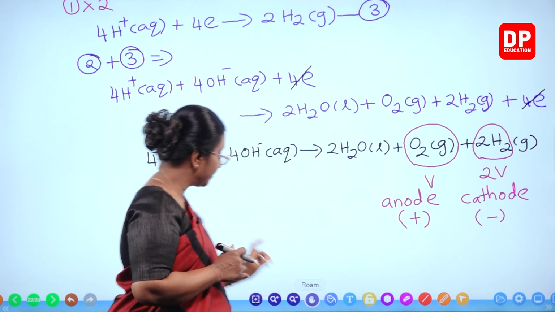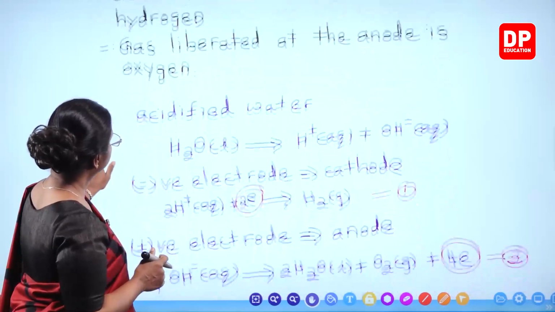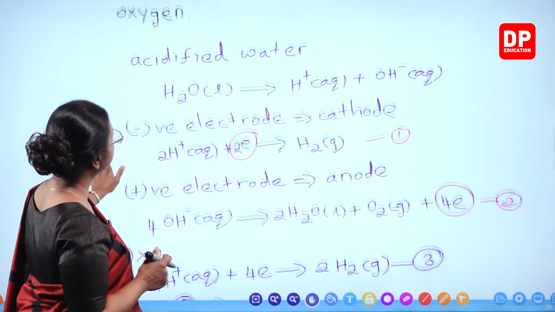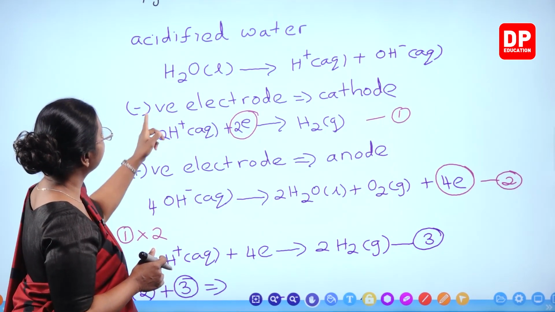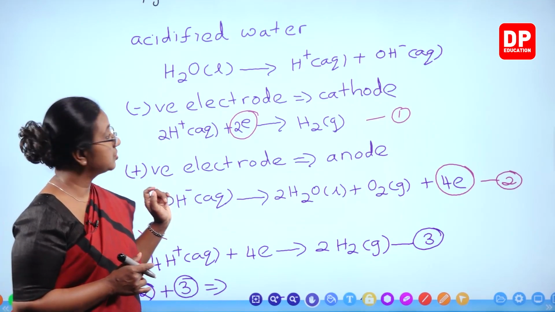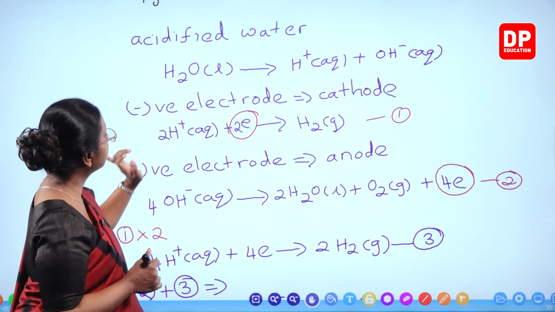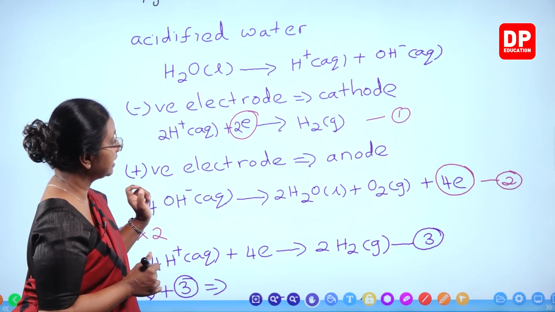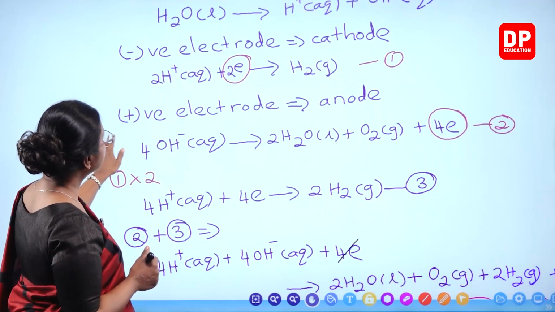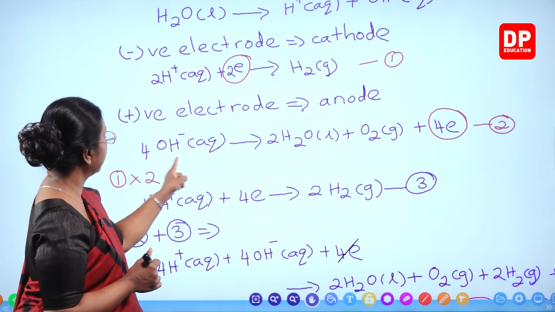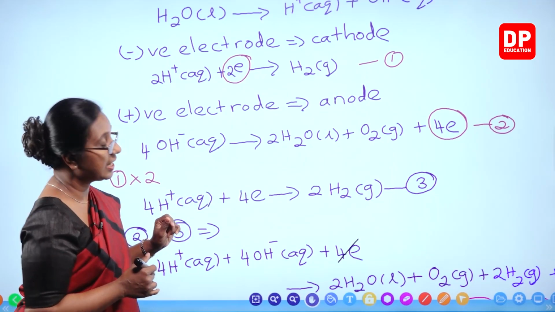So, quickly I will explain the reactions one more time. So these are the conclusions. From there, if we looked at the changes when it is acidified water, water liquid dissociates to give H+ aqueous and OH- aqueous. So near the negative electrode, it is the H+ ions taking up electrons and forming H2 gas. The reduction. And near the positive electrode, anode, the negative ions, OH- ions get oxidized to water, oxygen and